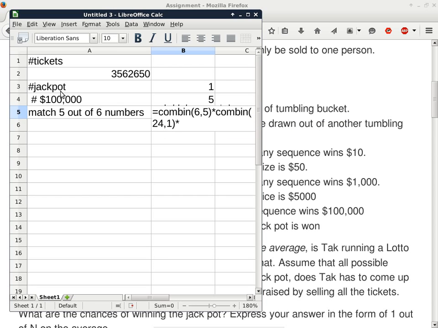And then times the number of permutations of choosing 3 out of 3 of the color balls. That would be the total number of tickets that will match 5 out of 6. Is that making any sense? Yep. That's the confusing part for me.